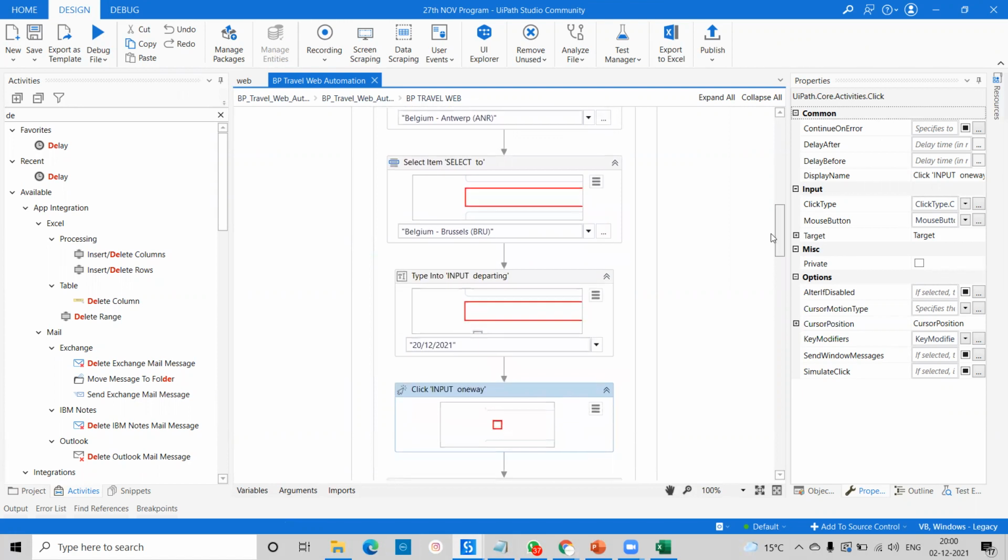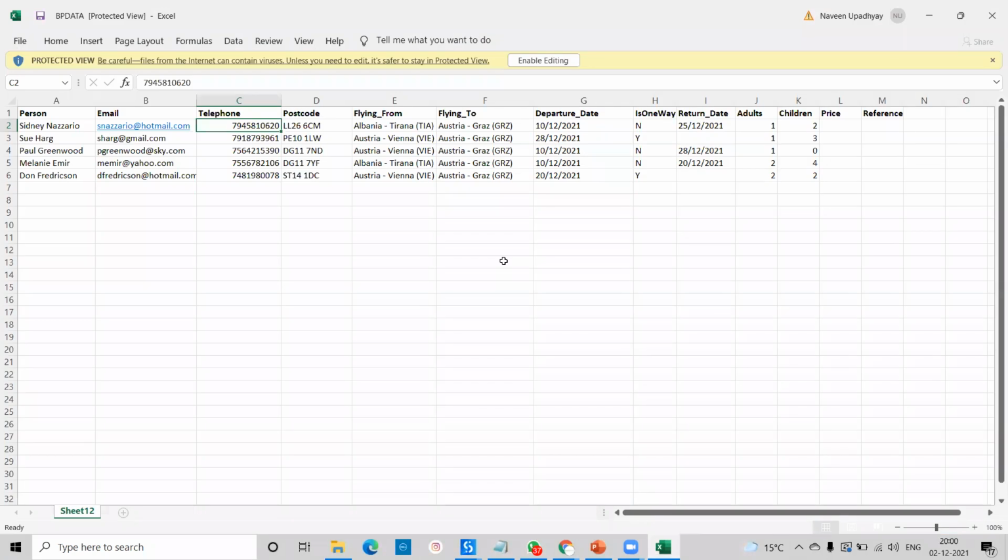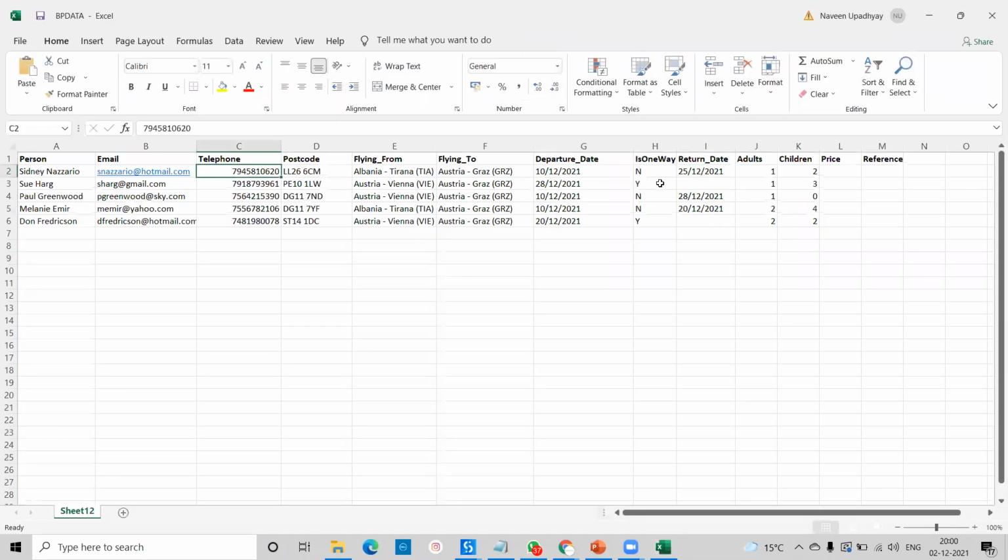So whenever we go for the seat, I will show you this seat also. So let me come here. In seat, if you come here, we are getting if it's in scenario. Whenever we automate this Excel automation, in Excel, if we are getting this yes, it means one way, we are not going for returning. If it is no, then no means we have to return to a different country also. So we'll take the return country also. We'll provide the proper logic for that, and then we'll go ahead for the Excel automation.